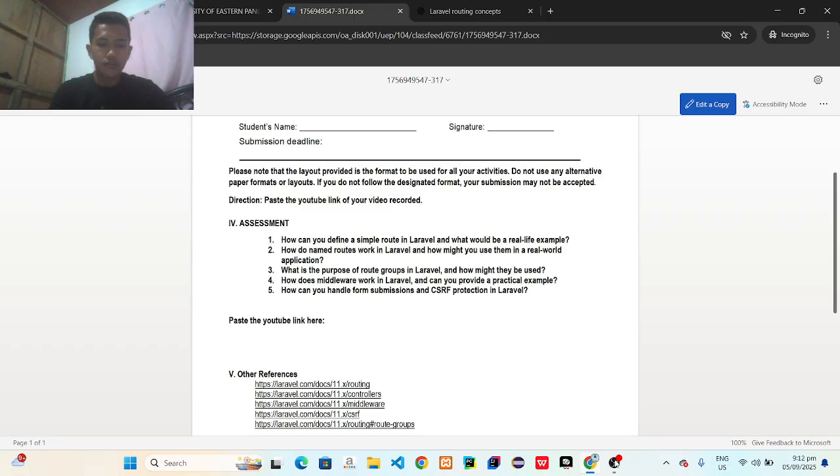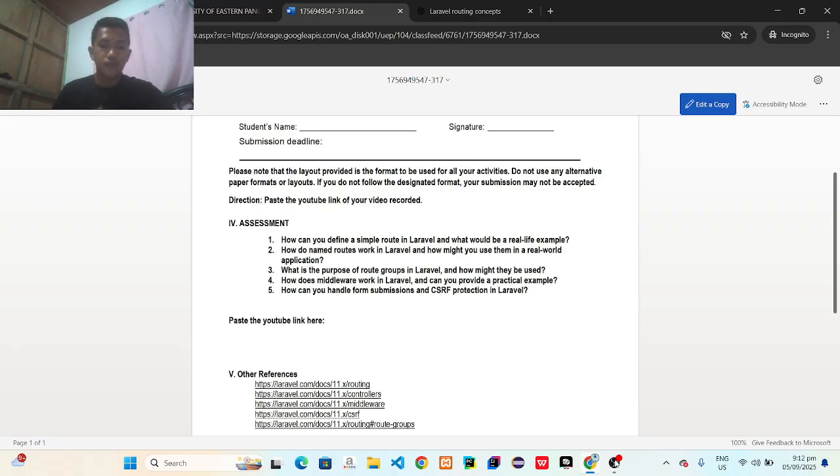For example, auth middleware makes sure a user is logged in before opening the dashboard. In practice, this protects sensitive areas, giving users a safe and secure experience inside the application.